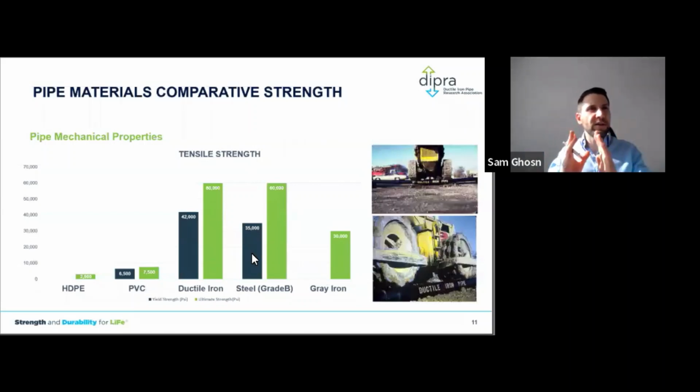You could see from this graph the difference in mechanical properties. Ductile iron and grade B steel are very similar in regards to mechanical properties, high yield strengths, ultimate strengths, great modulus of elasticity, and a 10% elongation, whereas gray iron pipe was brittle, did not have elongation. And obviously, if we compare all three to plastic pipes, radically different properties for PVC and HDPE, with much lower yield strengths and ultimate strengths. There is a room for every product in the market and an application for every product, but you need to understand the difference. They are not apple to apple. They are apple to oranges comparisons.